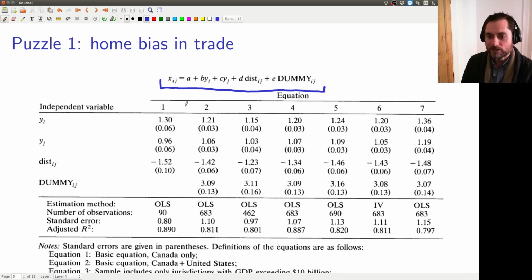If we look at these findings, we find very standard findings for this type of estimation, which is known as a gravity equation. As a side note, the reason it's called a gravity equation is, now let's suppose that these are not logs, so this is going to be big X. This is not logs, this is in levels. This is the same as saying, let's see here.